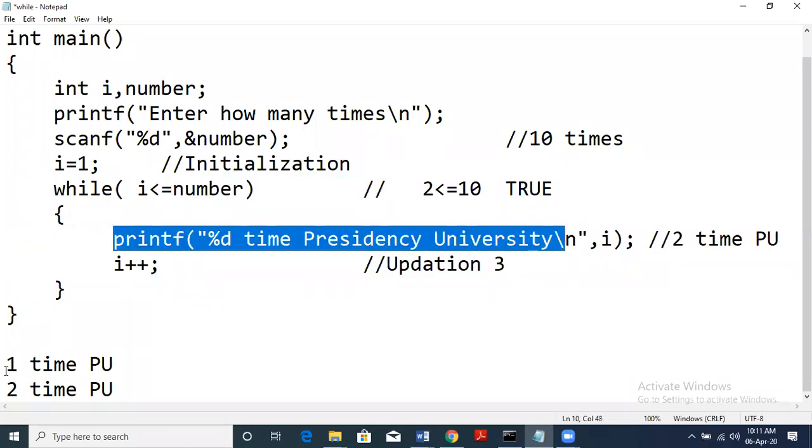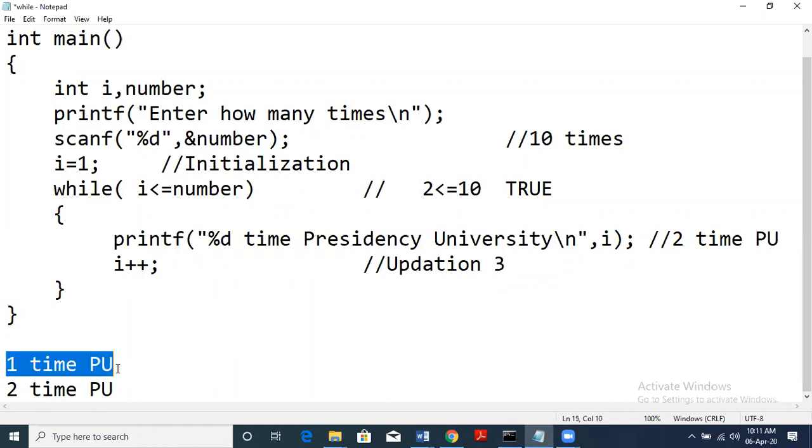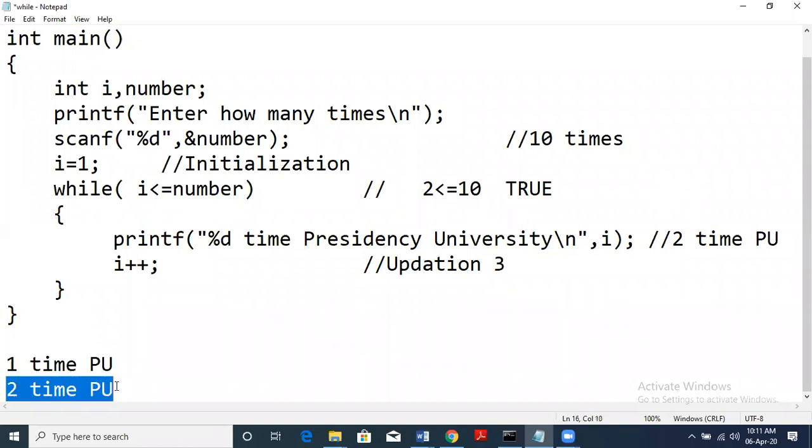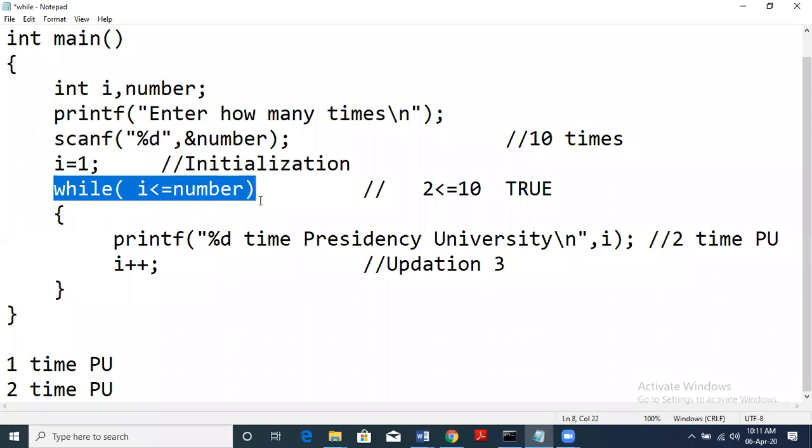You can observe, because we have given percentage d time, 1 is the value of i and it prints Presidency University. Next the i value becomes 2, it prints 2 time Presidency University. Now we incremented, i became 3, right? So it again goes back to the while loop. The condition is going to be checked. So this is how it increments repeatedly.